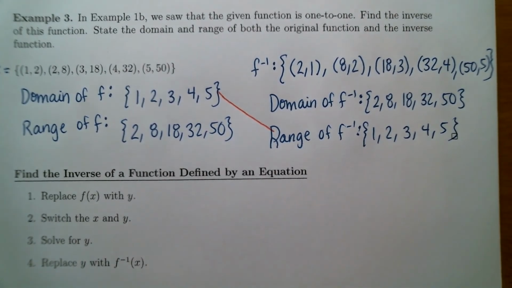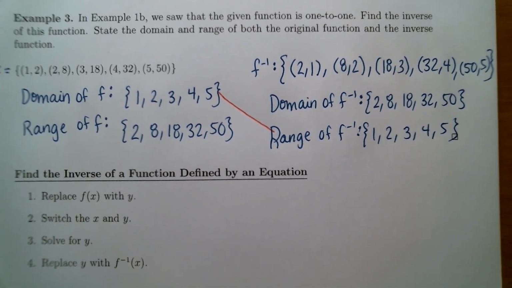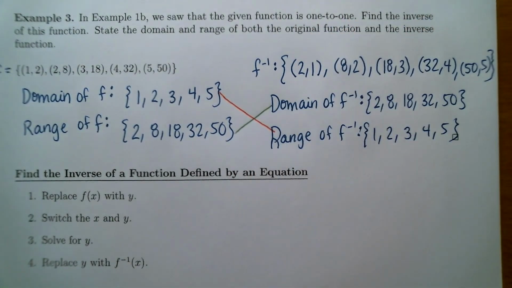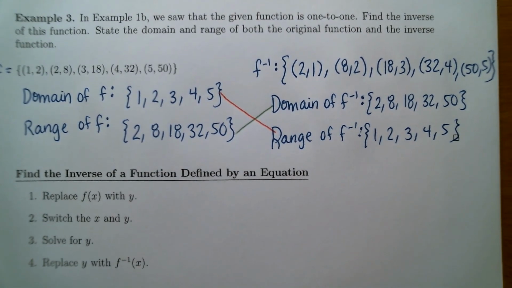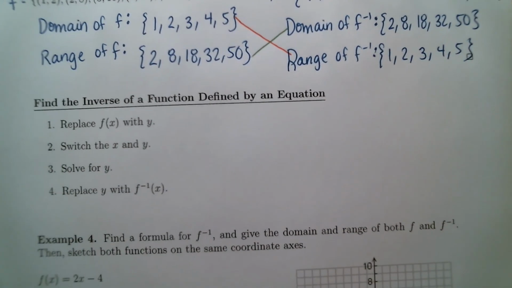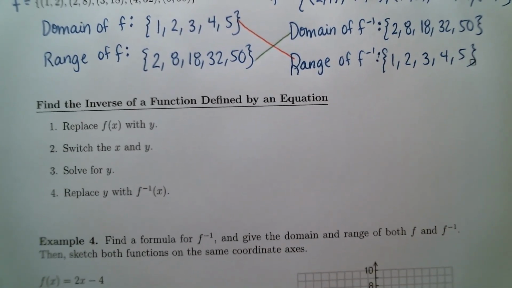This was property number 5, that the domain and the range of a function and its inverse are interchanged. And also the range of f is the same as the domain of f inverse. They are equivalent. And the next thing we're going to do is talk about how to find the inverse of a function defined